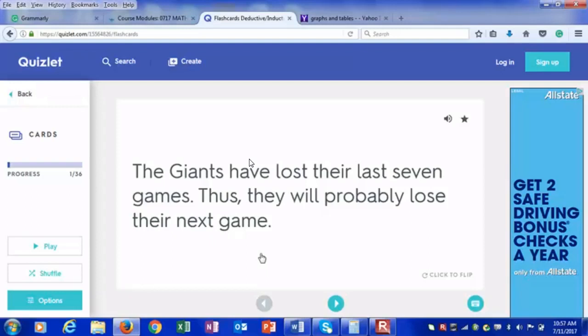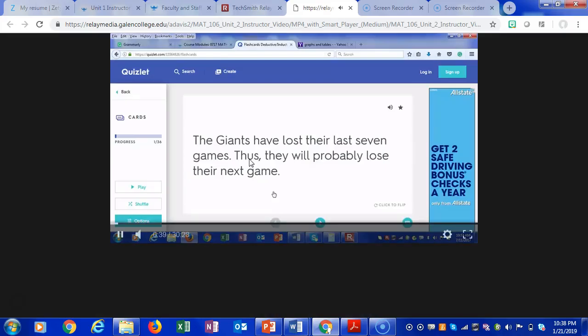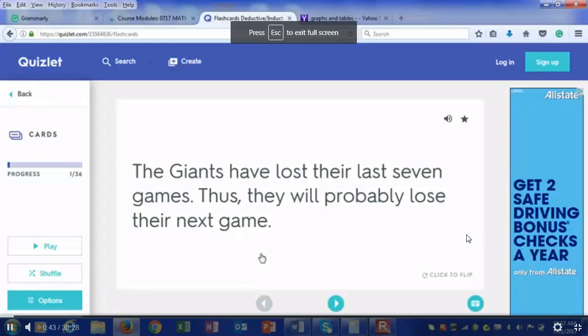So, let's start with this example. I actually found it on Quizlet. This is Quizlet.com. These are flashcards for deductive and inductive reasoning. Feel free to go to this exact website and start practicing what it means to have inductive or deductive. We're only going to do just a few of these, but I just want you to get used to the problems and what it looks like.